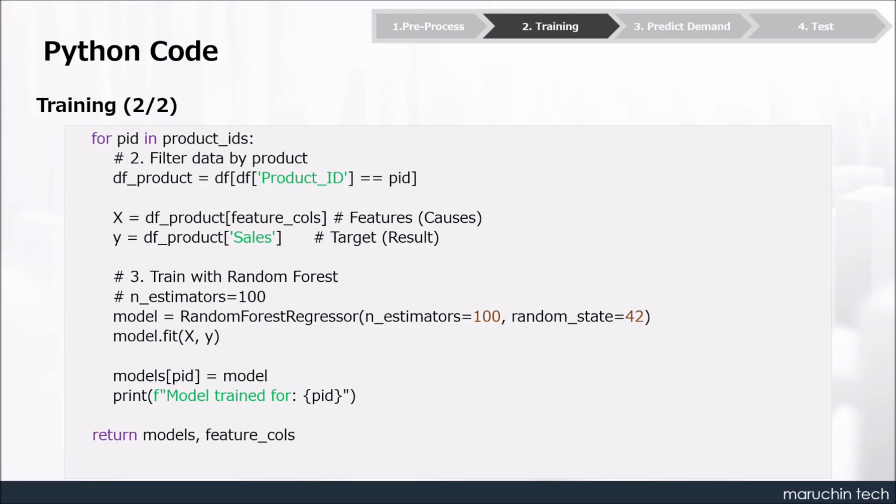Then, we execute training using random forest. We specify 100 decision trees. Note the parameter random state equals 42. This fixes the starting point of the random number generator. By setting this, we ensure reproducibility, meaning every time you run this code, you get the exact same random sampling